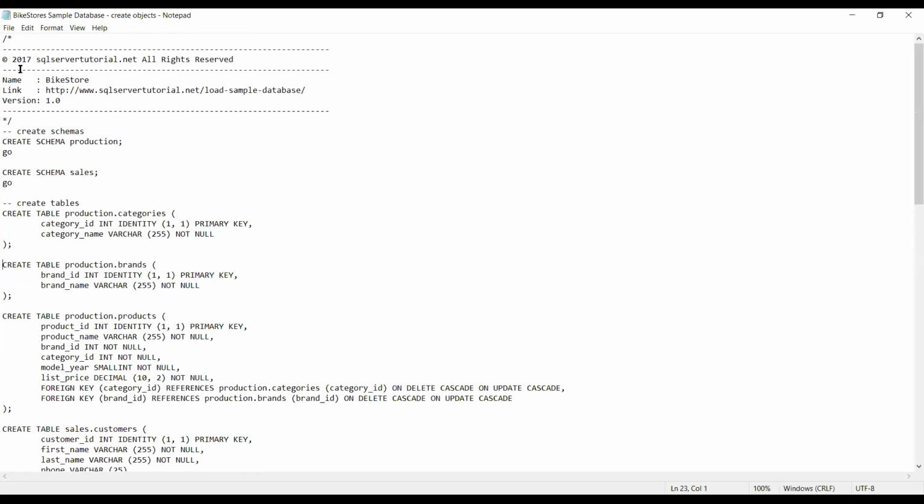इस वक्त उसमें कुछ ऊपर बाइक स्टोर्स का नाम है और कुछ डिटेल्स आ रही हैं। क्रिएट स्कीमा, स्कीमा का नाम दिया हुआ प्रोडक्शन एंड गो। ये स्कीमा क्रिएट हो रहे हैं और स्कीमा के बाद फिर टेबल्स क्रिएट हो रहे हैं। जो माइक्रोसॉफ्ट बड़े डेटाबेसेस हैं ना, उसमें पहले स्कीमा आते हैं और स्कीमा के अंदर फिर टेबल्स आते हैं, ठीक है। तो इसमें दो स्कीमा क्रिएट हुए हैं, एक का नाम है प्रोडक्शन और एक का नाम है सेल्स।